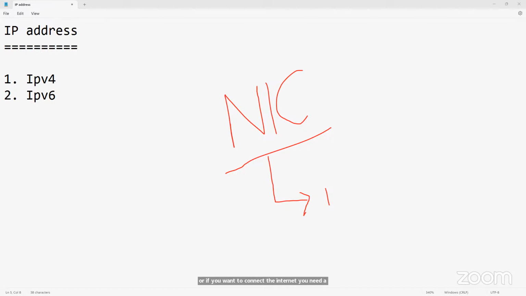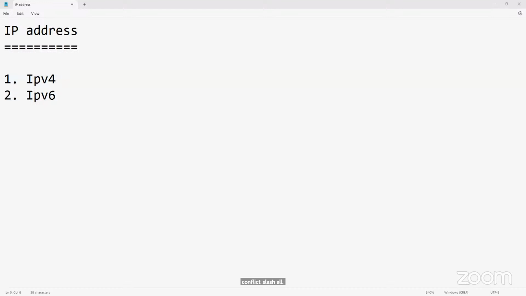In that, every particular device will have this NIC interface. So now when I type this command ipconfig slash all, it is showing the different types of NICs which are available on my laptop. Some of them are physical NICs, some of them are virtual NICs. So virtual NICs means,